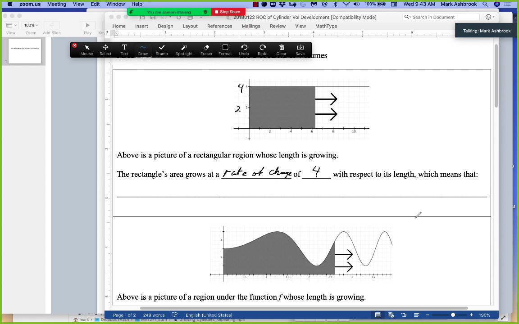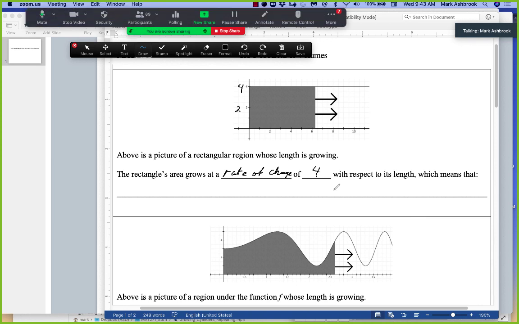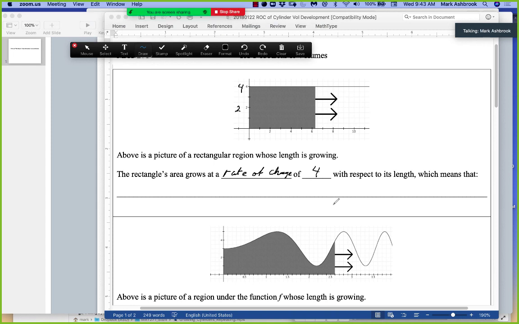And what does it mean that the rate of change is 4? This is something we started working on from day 1, and this is a really important concept of the course. What does it mean that the rate of change is 4? Anybody? I'll get you started. Given what? It means that given